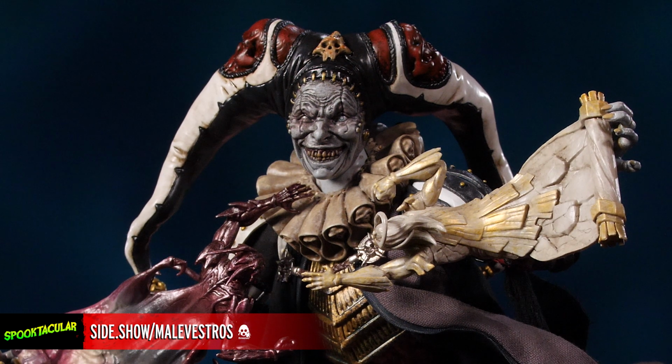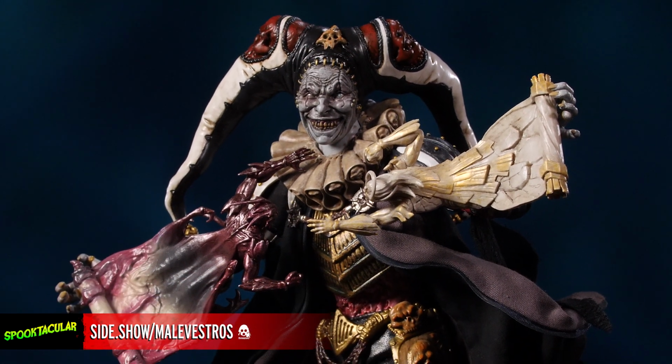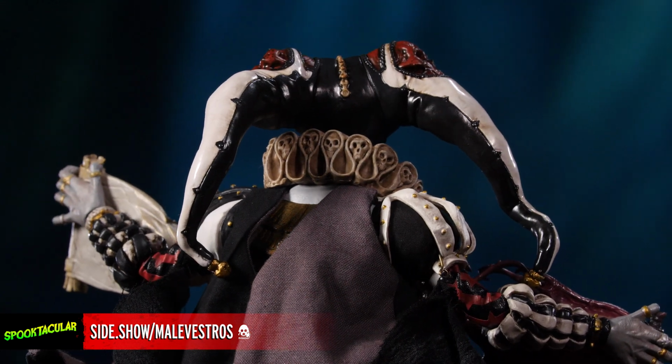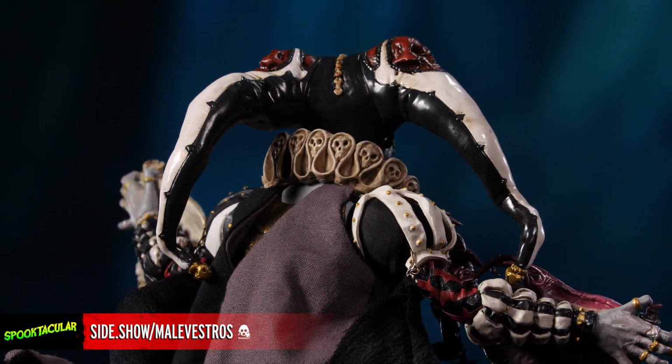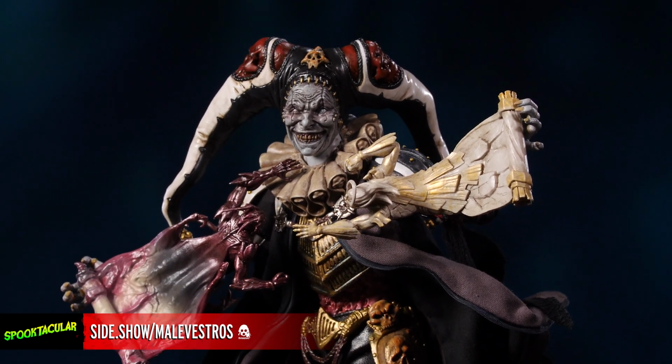packing all of the grandeur that you know from the Court of the Dead premium format figures into a posable 6 scale. The artists at 3-0 have rendered this so incredibly and captured all of that macabre detail from the underworld. Malevestros has a mixed media costume with sculpted elements including the neck ruff that has all those beautiful little skulls hidden into the fabric folds, as well as a sculpted cummerbund that has that almost gut-like texture to it around